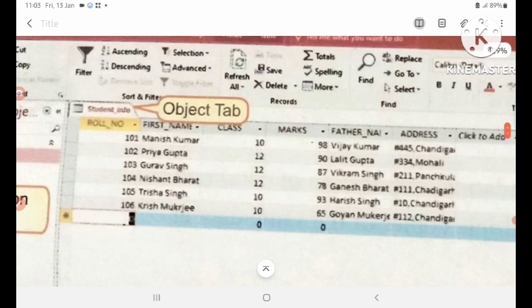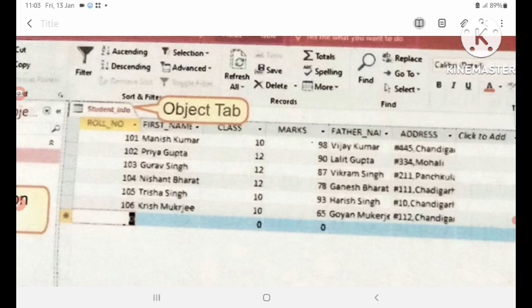You can see the object tab on the screen here, and one tab is showing. What is the object tab? First of all, you should know its location on the screen. Okay children, this is the object tab.